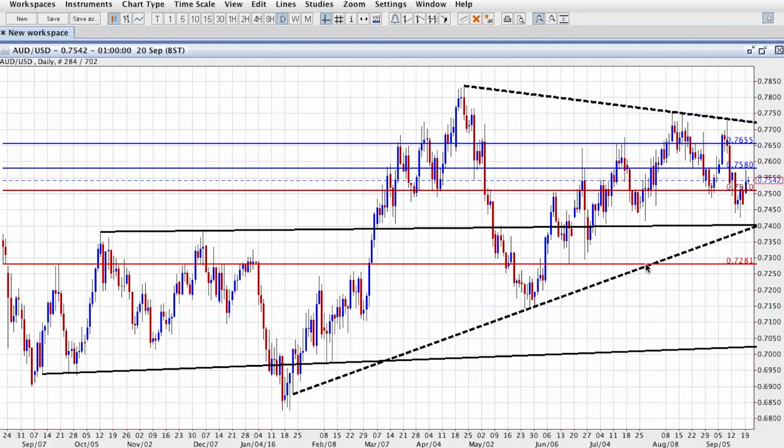and you can see that we are sitting in a triangle at the moment, and it's really starting to signify that a break is about to happen. If we have a look at the downside here, you can see that I've highlighted these black boxes here, and this is really showing you the trading range that the Aussie was trading in at the early part of the year. And once we broke out of that range, we did start to try higher, and we set that yearly high at around 77.50,